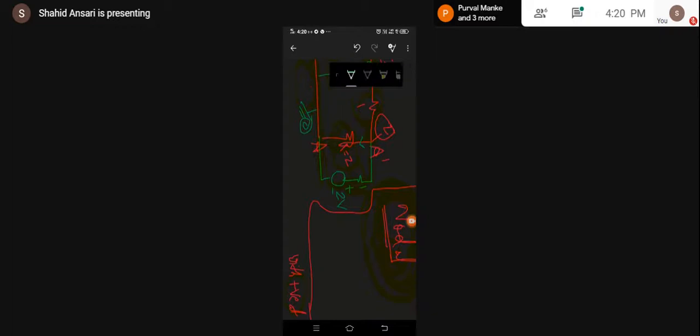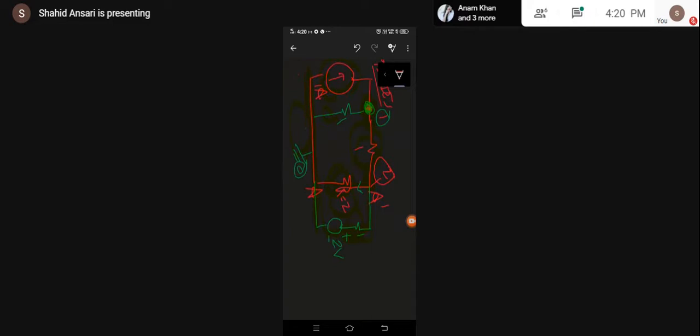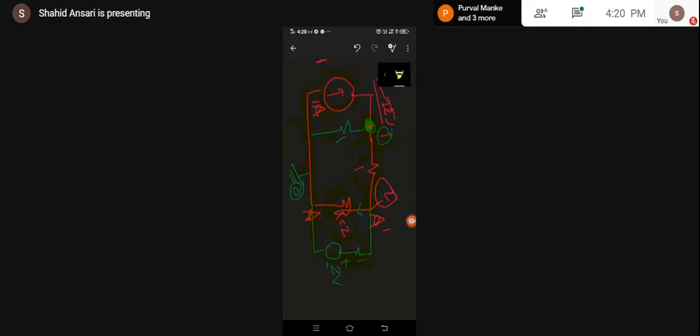What was our method to apply KCL? If anyone remembers. We were selecting any particular actual node, and the elements connected with the same node. Now count the elements connected through this particular node. Actual nodes are node 1 and node 2. This is your reference node, so forget about the reference node. Here we have only two actual nodes, which means we will be having two equations of KCL. And we will write them down and solve to get the values. This is node number 1 and this is node number 2.